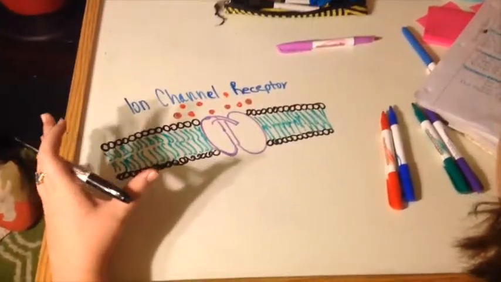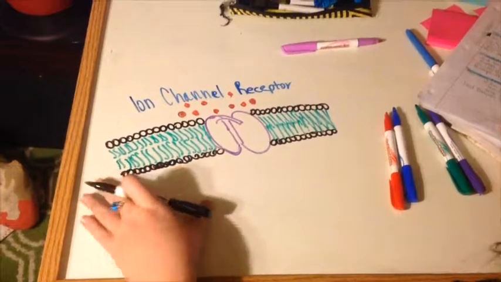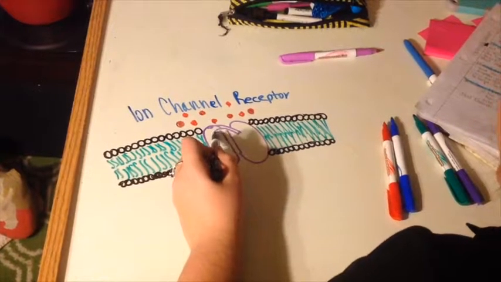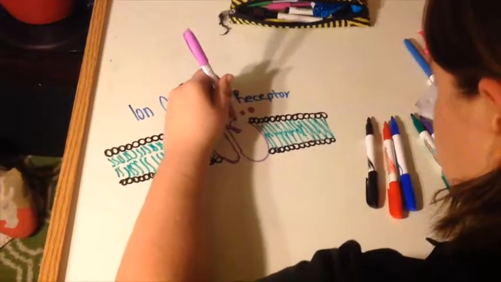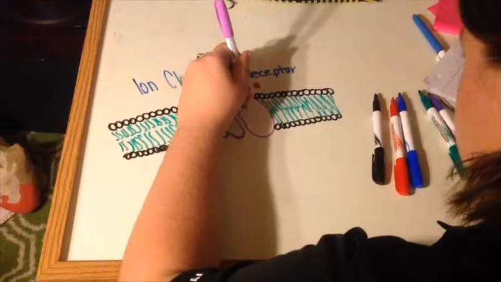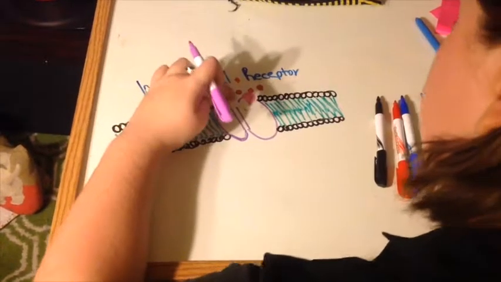So what's happening with ion channel receptors is that they control, like I said, a certain signal. And this little thing right here, it's a gate. When we get the ligand in here, once it reacts to that, it's going to open this gate. And once this gate is opened right here,